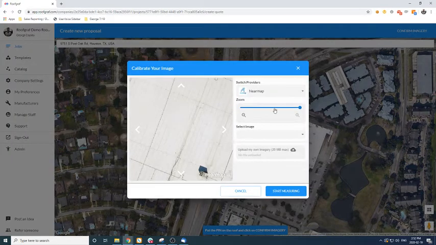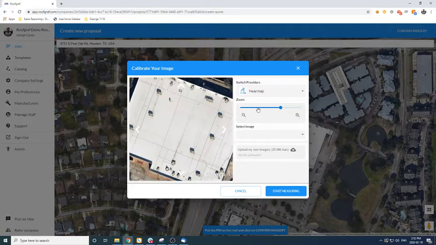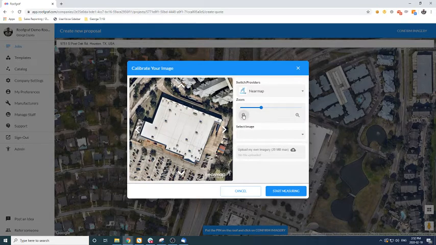Now this is a new feature that's been added to the software, the ability to zoom out this image. Obviously the image we provide you to begin with is of very little use. So using the new zoom function, just click along that blue bar to move the image out, or you can use the zoom out button on the left hand side until you've captured the entire roof surface that you'd like to measure. You can of course use these arrows in each corner to reposition that image as required,